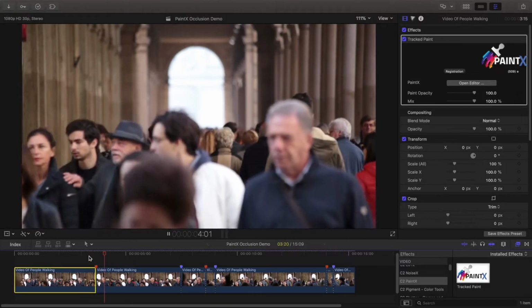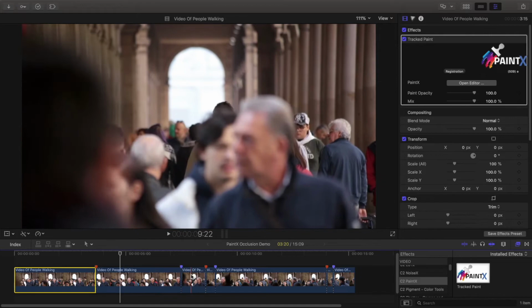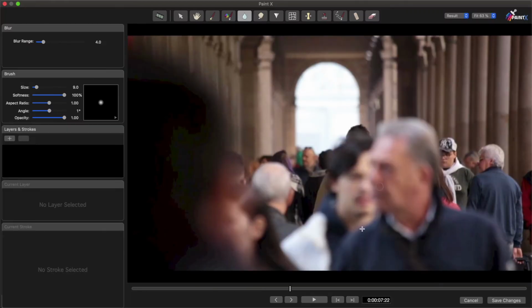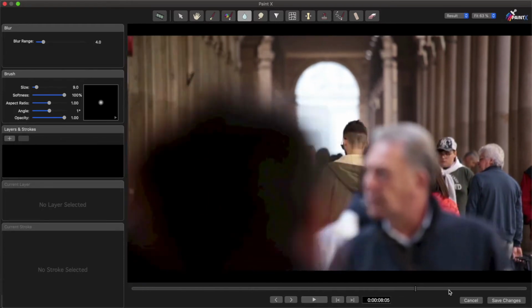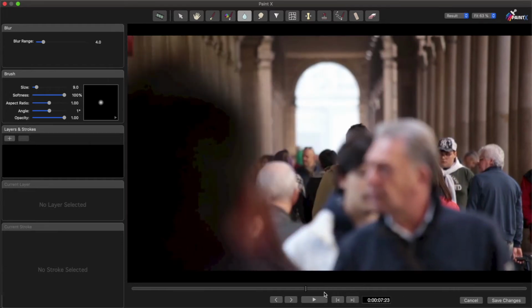Back in the timeline, I want to skip over the next clip where the logo isn't visible and Option-click on the next one where it is. And I'll press the Open Editor button again. Because the logo isn't visible at the start or end of this clip, I'll start somewhere in the middle. I'll paint the blur,